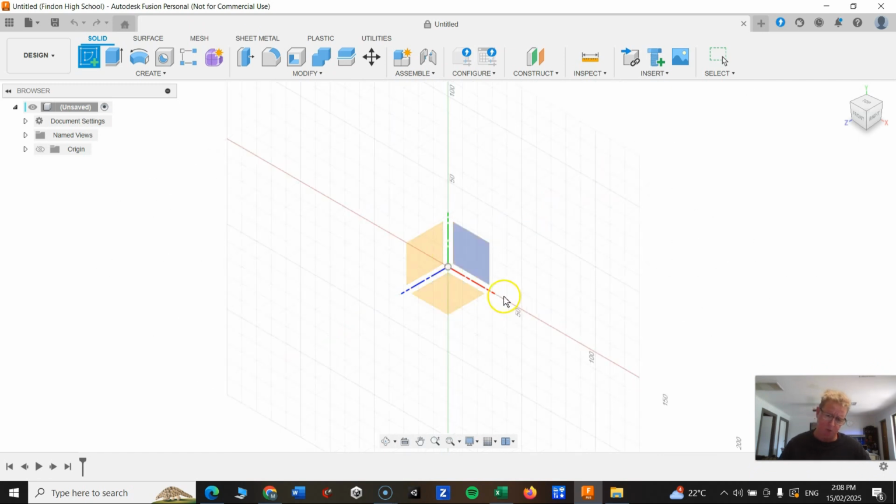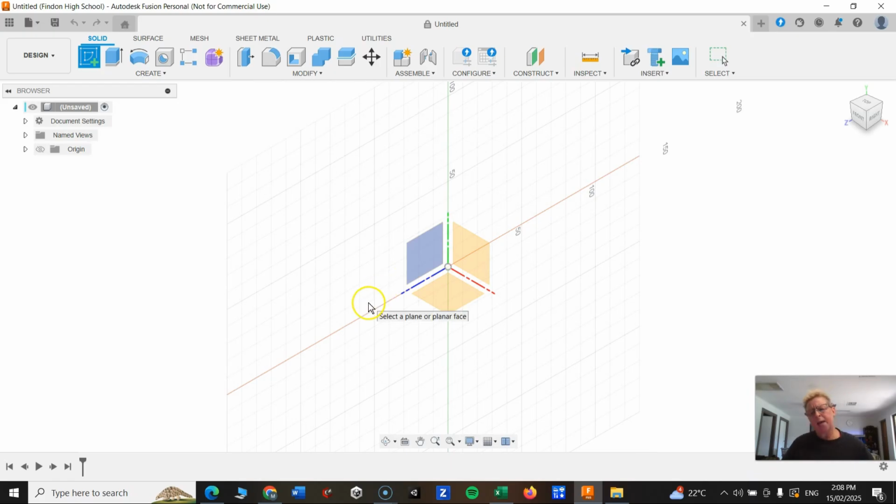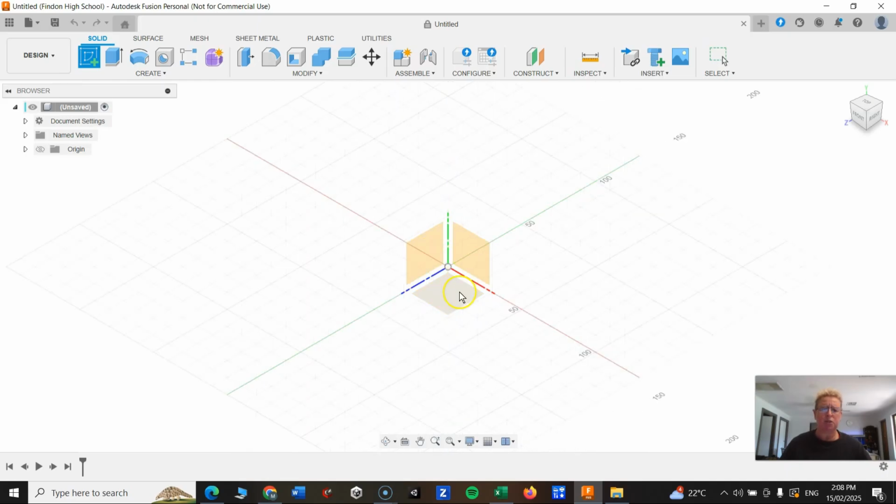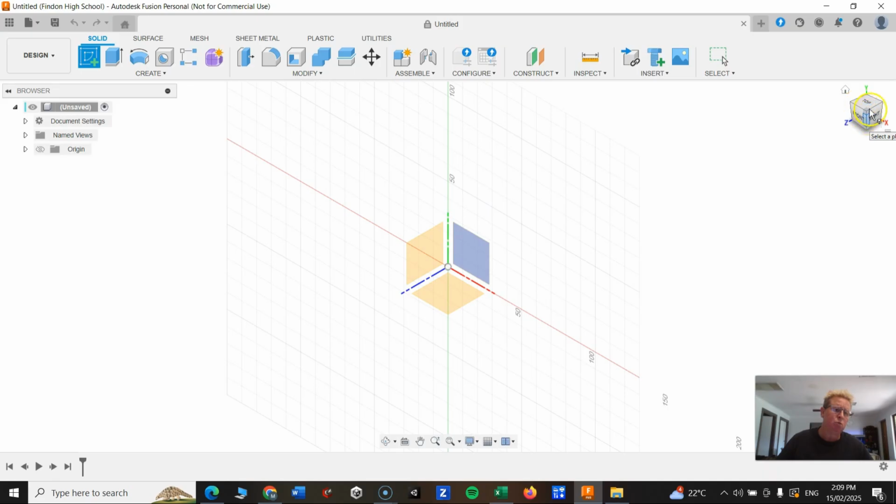You've got a red dotted line coming sort of from the right hand side towards the middle, and a blue dotted line coming from the left hand side towards the middle, and you've got these 3 orange kind of parallelograms. I'd like to call them cubes, but they're not straight on at the moment. In the top right hand corner, you will notice you've got almost like a dice, and it has different views showing